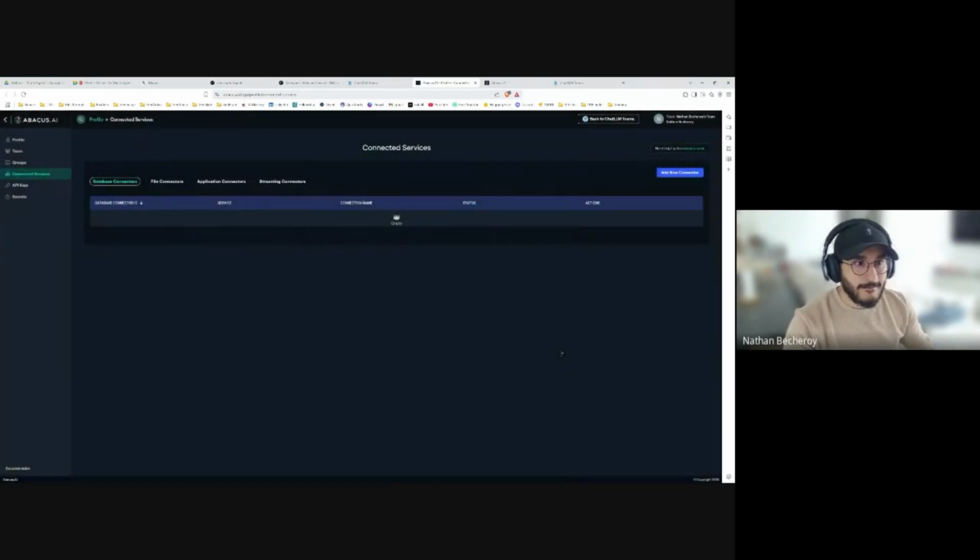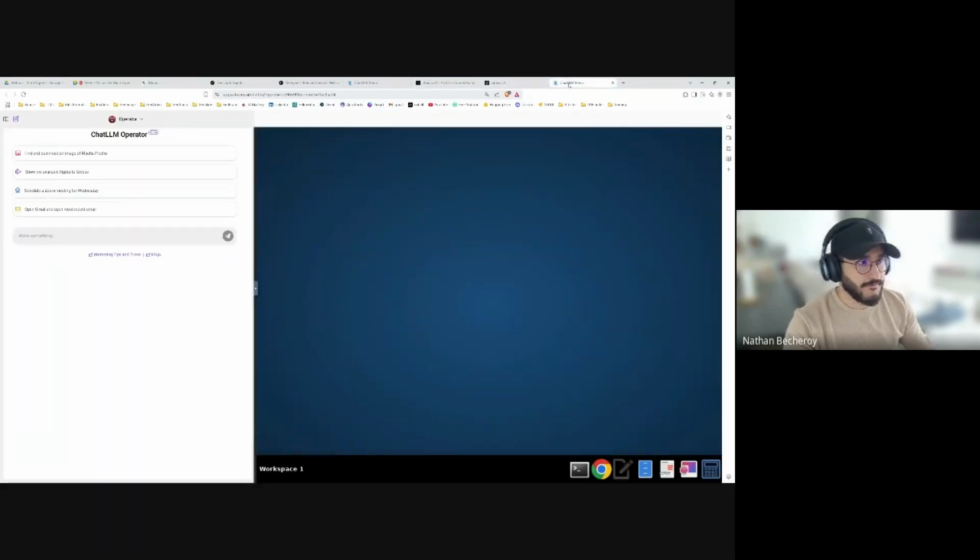So this is for connectors. I will check if the operator workspace is open, and you can see here it's a virtual machine. It's only a virtual machine that you can ask to perform some tasks using agentic tools.